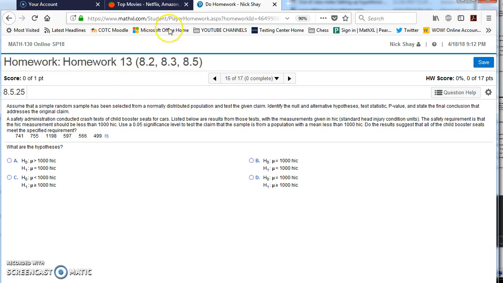Alright, so let's take a look at this problem. It says, assume a simple random sample has been selected from a normally distributed population, test the given claim, identify the hypothesis. Okay. Safety Administration conducted crash tests of child booster seats. Listed below are the results from the test, with measurements given in HIC. Alright. Use a 0.05 significance to test the claim that the sample is from a population with a mean less